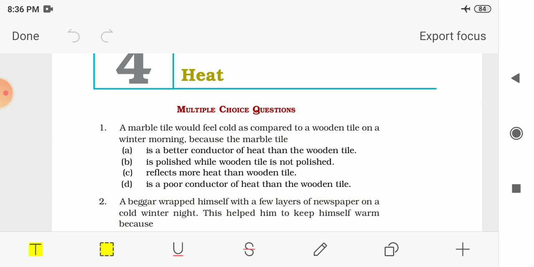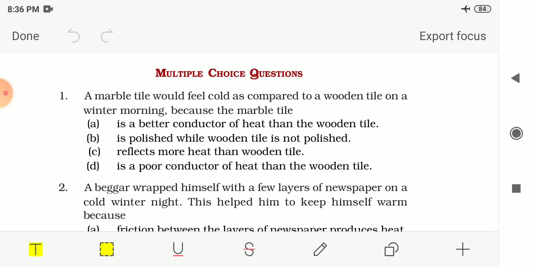You do not have to write this exercise in your notebook. This is right now for your practice. So let's start with this question. First question. Here first multiple choice questions are given to you. In that, the first one is: a marble tile would feel cold as compared to the wooden tile on a winter